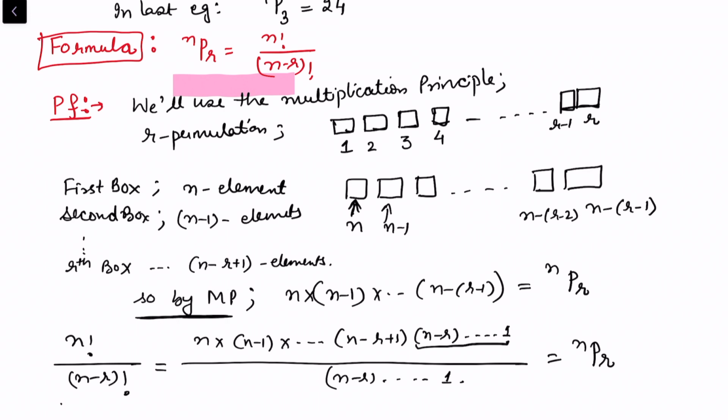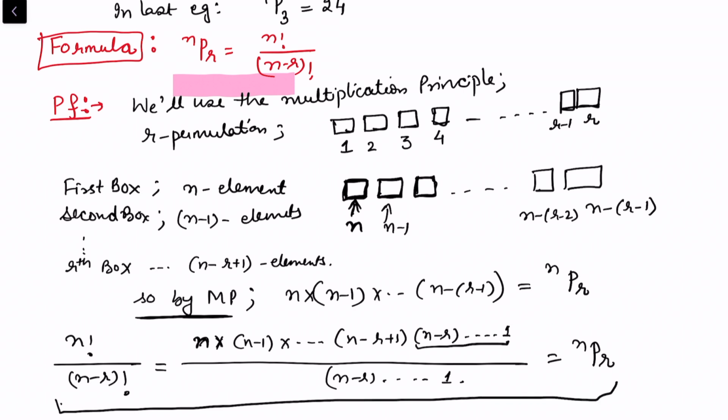This is the formula that we use for permutation, which simply follows from the multiplication principle, noticing how many possible choices there are for the first position, for the second position, and so on. Here we have always considered order. Because for the first position there are n choices, we considered it as n, and we derive the formula nPr equals n factorial upon (n minus r) factorial. We can note quickly that nP0 is 1, and simply by putting that into the formula we notice nPn is equal to n factorial.